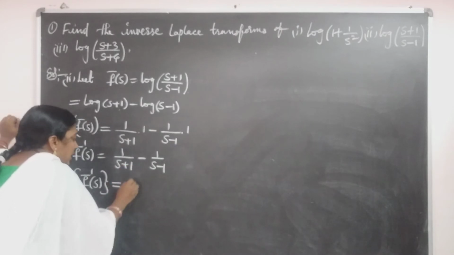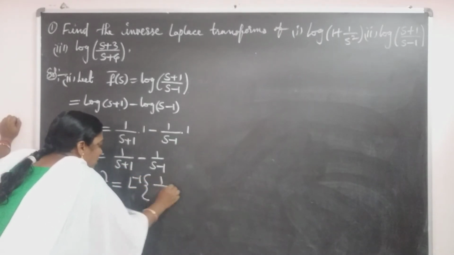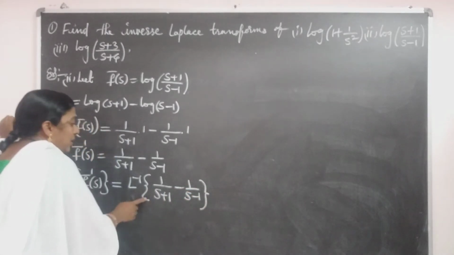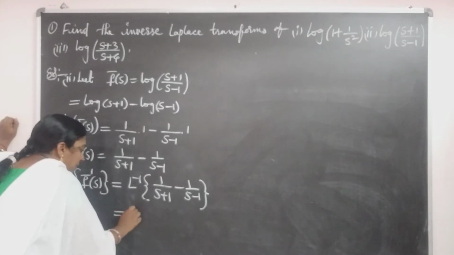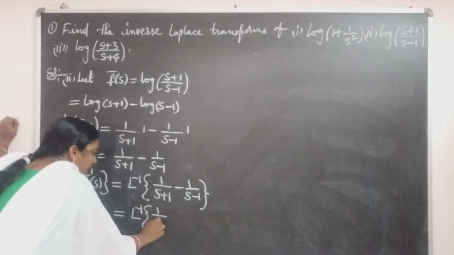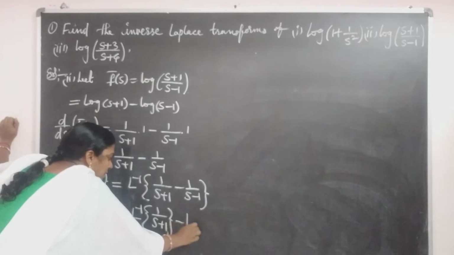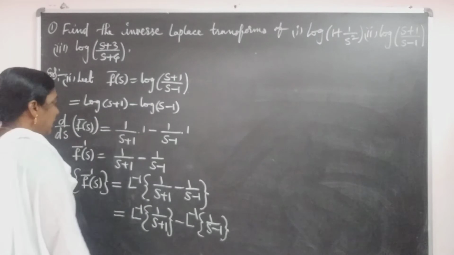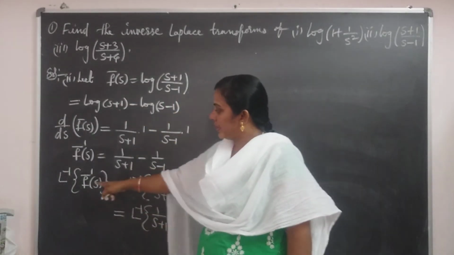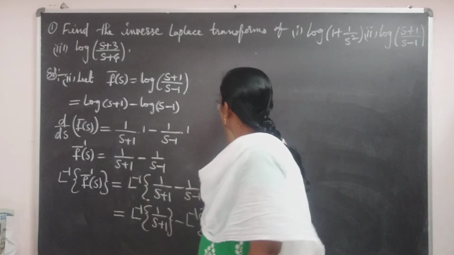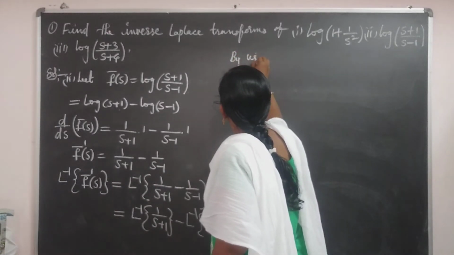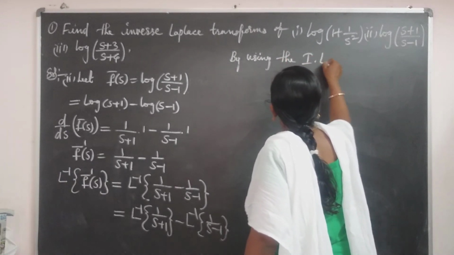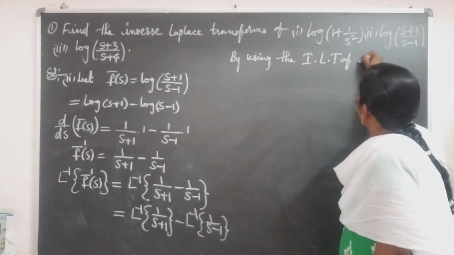equal to, by using linearity property, L inverse of 1 by s plus 1 minus 1 by s minus 1. By using linearity property, we can write separately L inverse of 1 by s plus 1 minus L inverse of 1 by s minus 1. Here, in the place of inverse Laplace transform of f bar dash of s, by using the inverse Laplace transform of derivative,